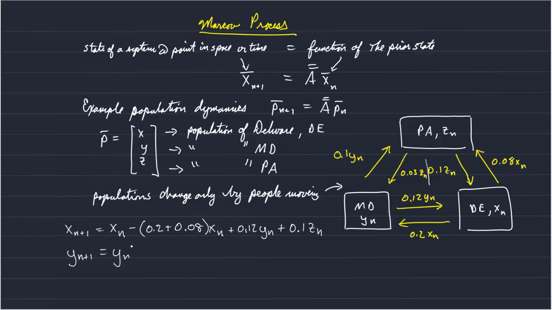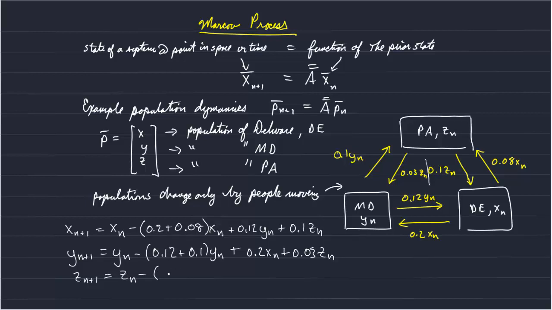we have its starting population the year before minus the percentage that leave Maryland, and that's 12% and then 10%, plus the percentage of Delaware that enters it, plus the number from Pennsylvania that enters Maryland. So that's 0.03 ZN. And finally, the number of people in the next year in Pennsylvania is equal to the previous population minus